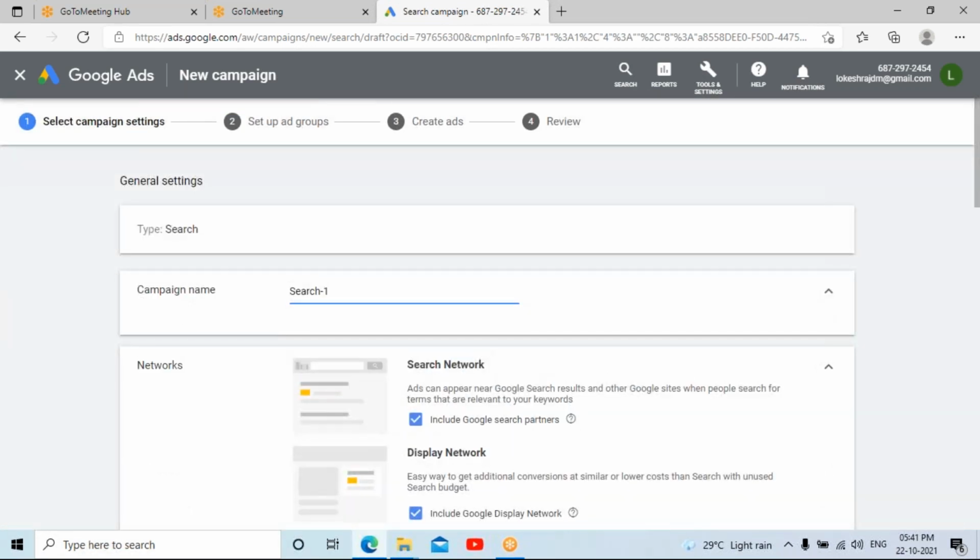Next, I think we have discussed the structure of an advertisement. The first thing will always be the campaign name. What campaign name do you want to give?